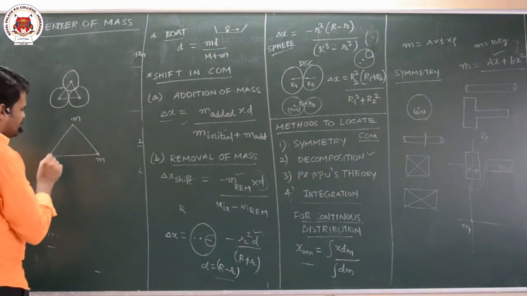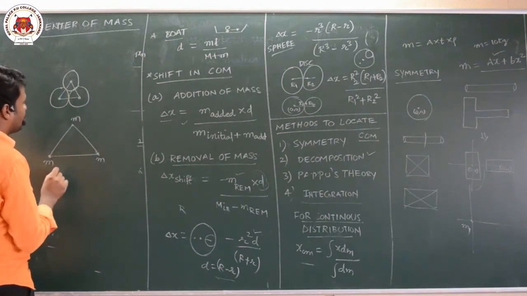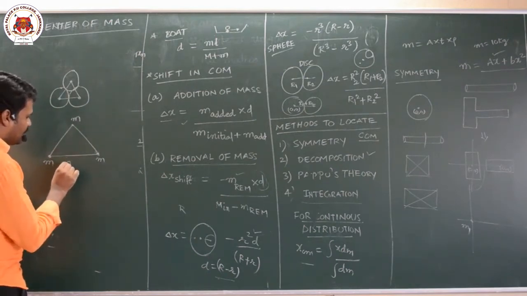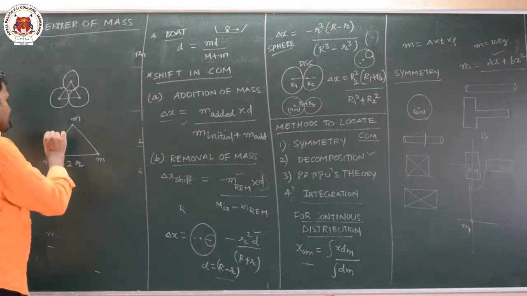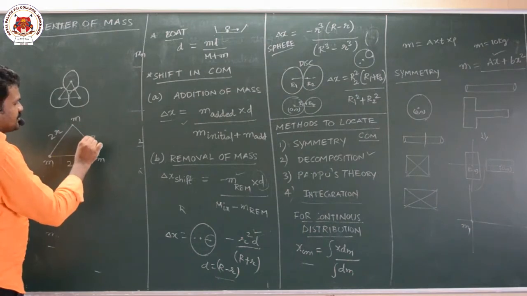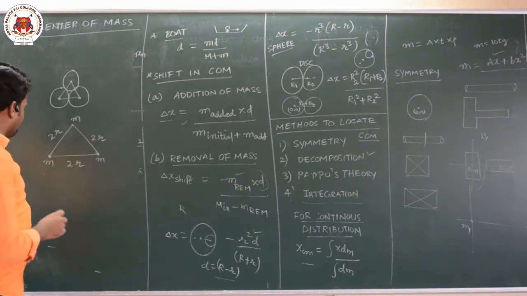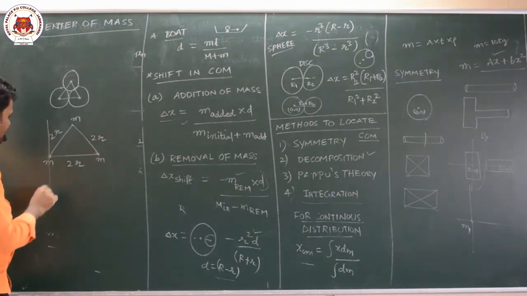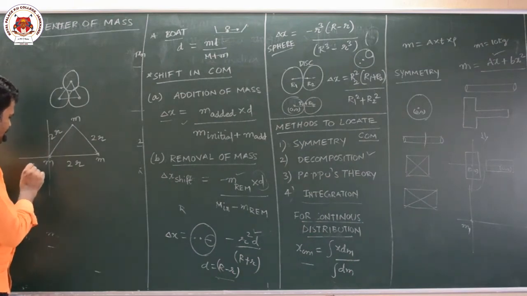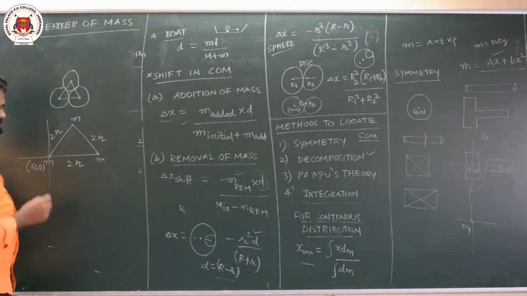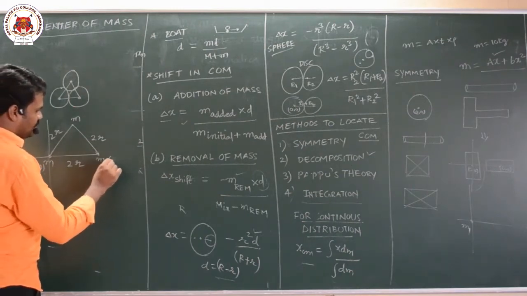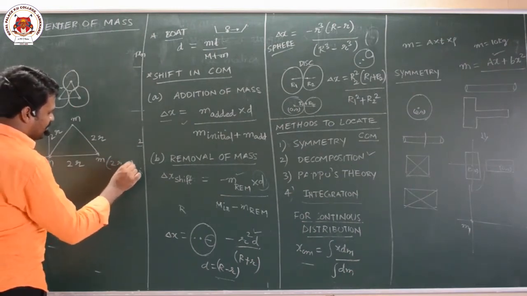Now the distance between two masses, the distance between their centers of mass, will be equal to 2r, because I told you that the radius is r. This is also 2r, this is also 2r. Now, from where you are calculating the center of mass, the first thing you have to remember is that you have to take it as 0, 0. You have to consider it as the origin. Now this mass is present at 2r, 0 because it is present on the x-axis.